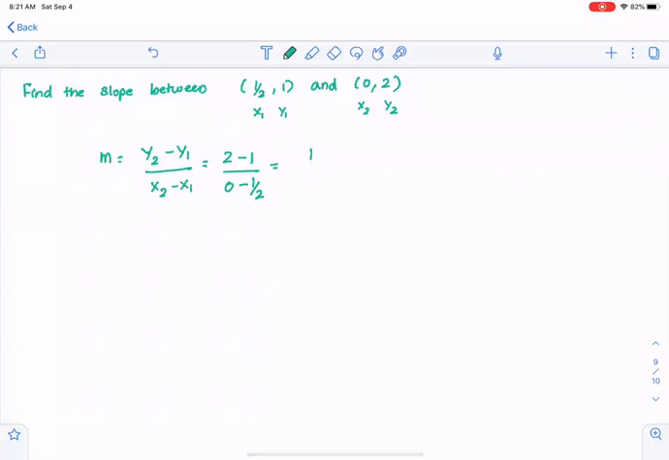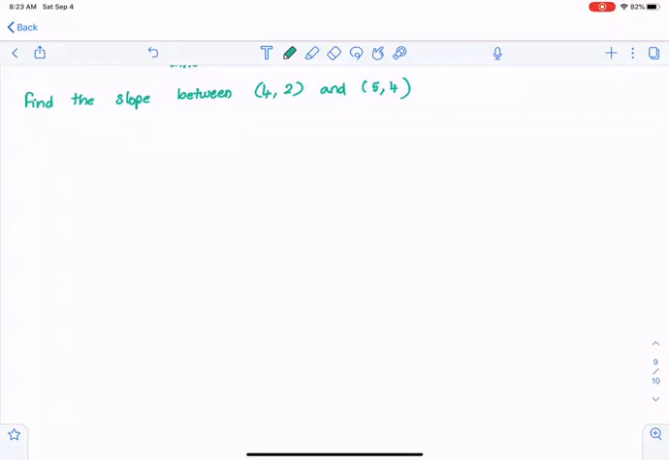So 2 minus 1 is 1, and 0 minus negative 1/2 is just positive 1/2. And we just have to flip and multiply. When we do that, we will have 2 over 1, which is 2. So we get a slope of 2. So the line is increasing. The slope here is 2,